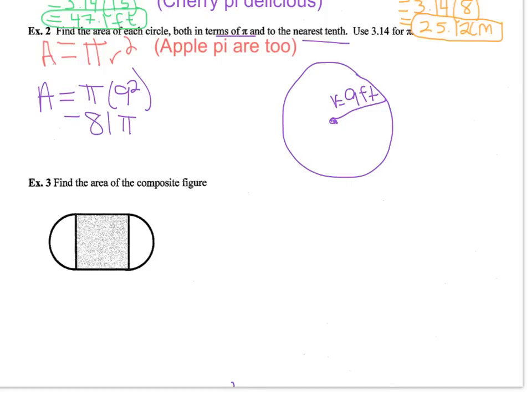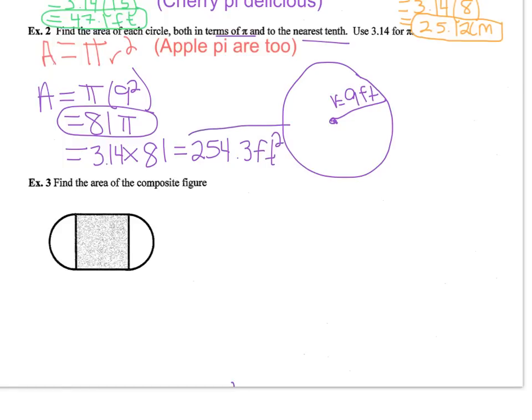So in terms of pi, the area is 81 pi. But that does me no good if I'm trying to figure out how much stuff I need to cover that area, so I'm going to use 3.14 to get an estimate. 3.14 times 81 gives us 254.3 feet